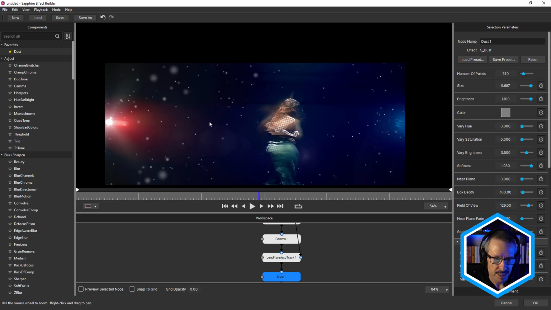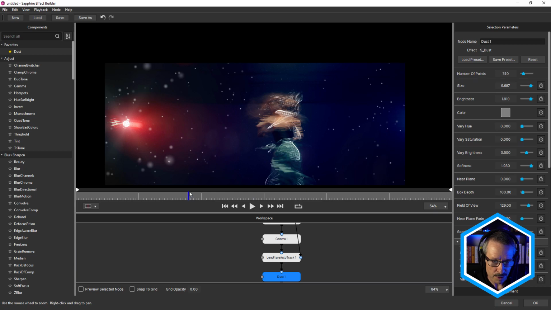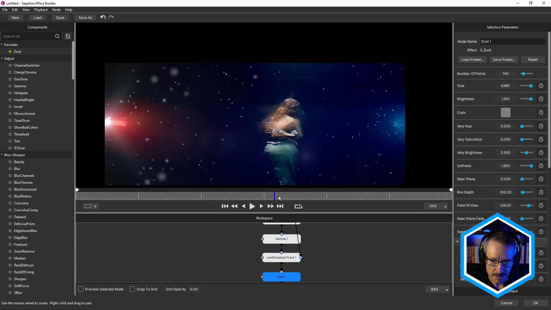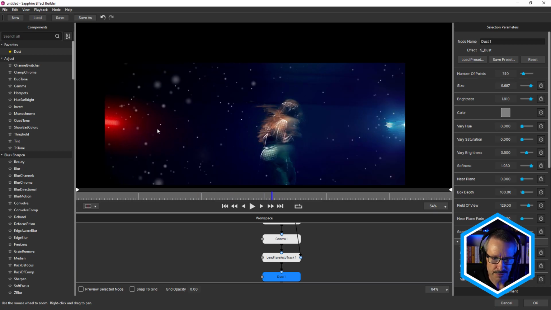Now, this is just dust drifting from the top of the frame down towards the bottom. And I thought that worked quite well because in this shot, the camera's panning from the left to the right. And I didn't really want to add any drift from side to side because I thought it might sort of clash with the camera movement. Having the dust falling directly down, I think actually works quite well without having to do any kind of tracking. Now, but I don't want it over the entire shot. I just want to have the dust visible in the bright areas of the spotlights.